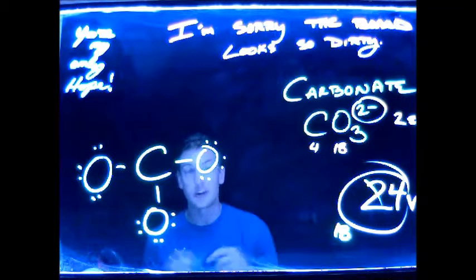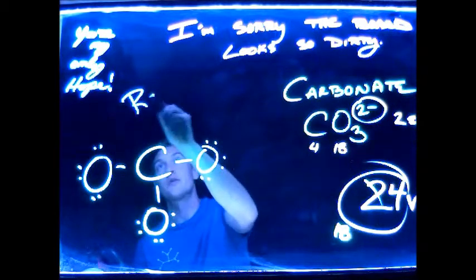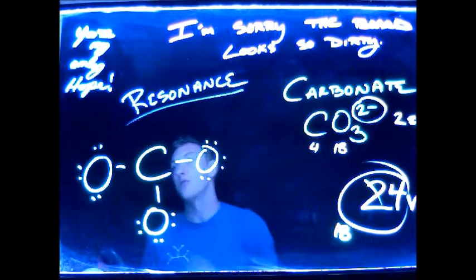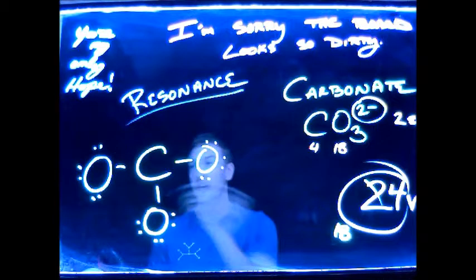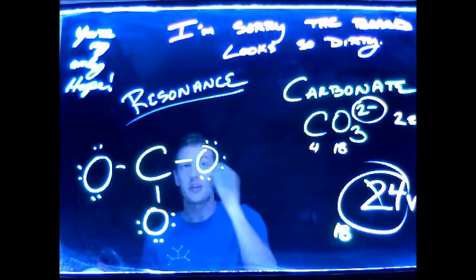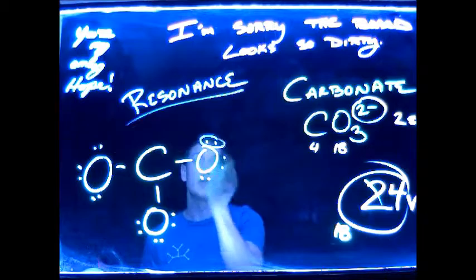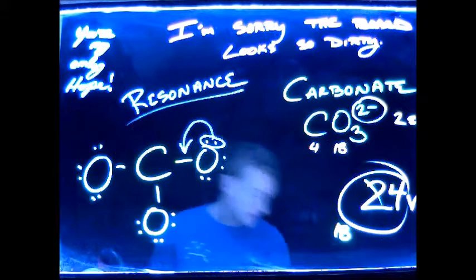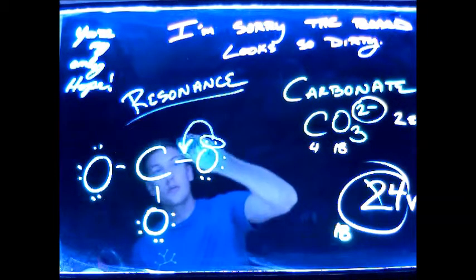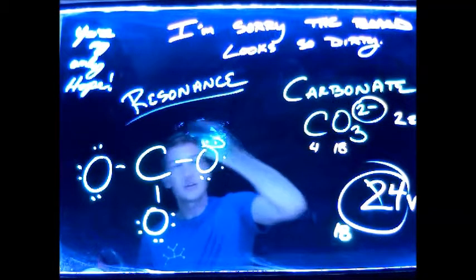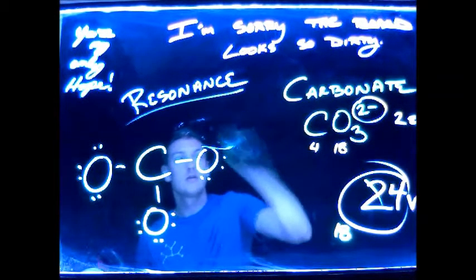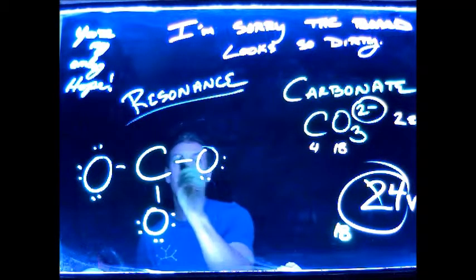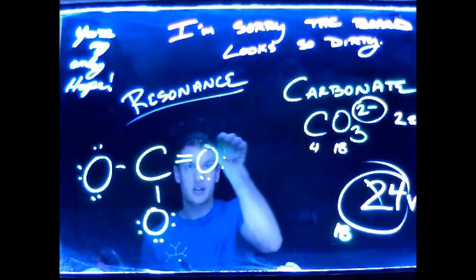And so we have a situation, this is called resonance for those of you who are interested. But for our class, what we will do is we will just pick the lucky oxygen. Which oxygen should it be? And I pick you, big fella. So you are going to take one of your lone pairs and share it with your buddy carbon. And so then we will draw in the double bond, and there we go. A nice carbonate